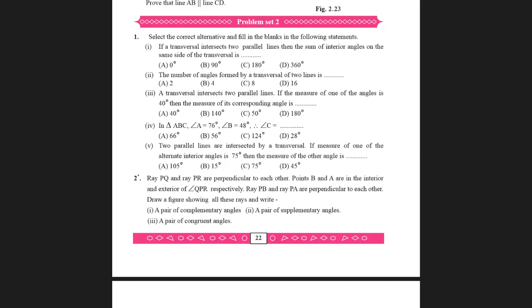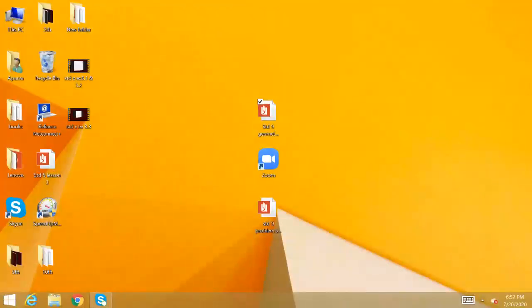Ray PQ and ray PR are perpendicular to each other. Points B and A are in the interior and exterior of angle QPR respectively. Ray PB and ray PA are perpendicular to each other. Draw a figure showing all these rays. So,